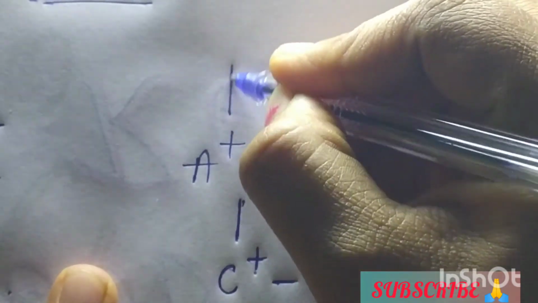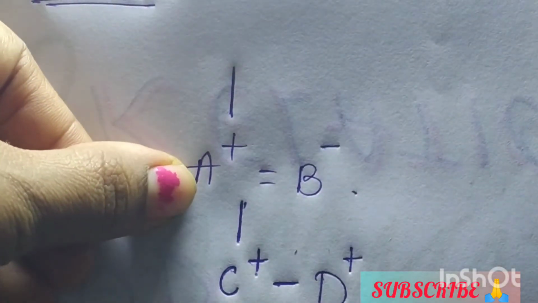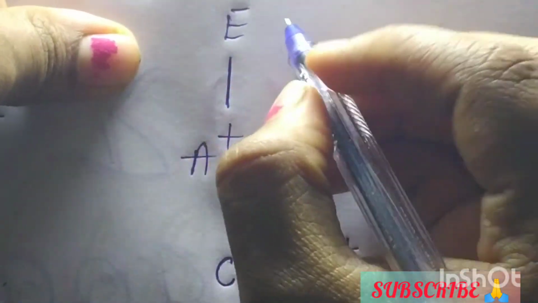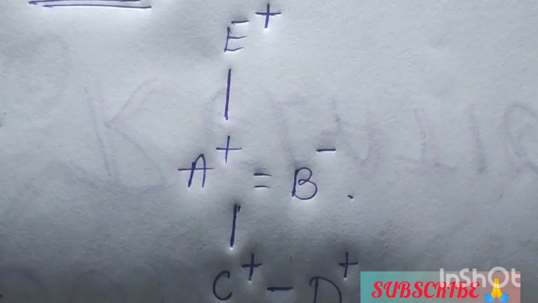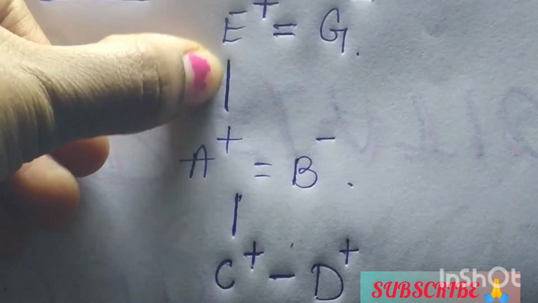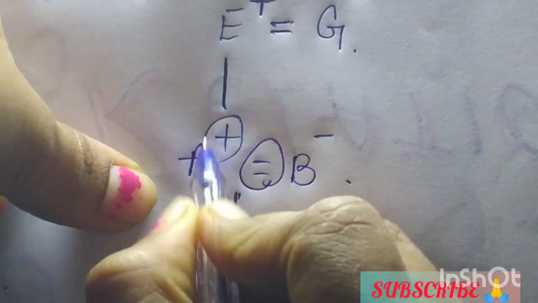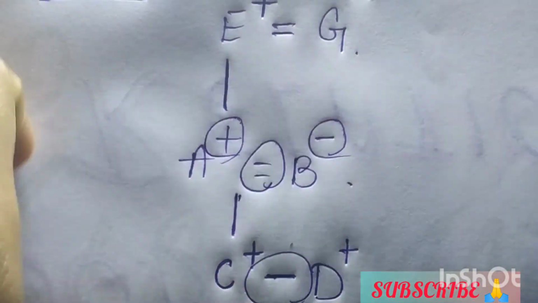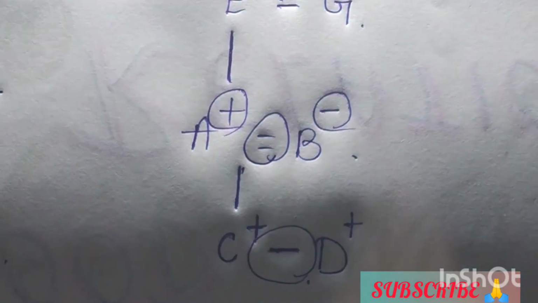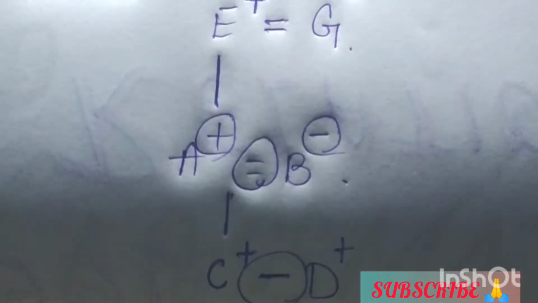Then again, the upper generation, that is the father of male. The father of A is E. For example, father is male, so hence plus. E is married to G. For example, we represent it like this. This is the generation, we represent generation like this. Couple is this, male, female, siblings. I hope you are understanding this. See, the children and the grandchildren will be at the bottom. The father, mother, the upper generations will always be at the top.